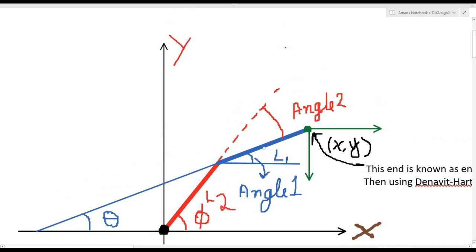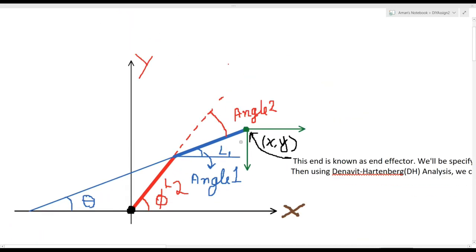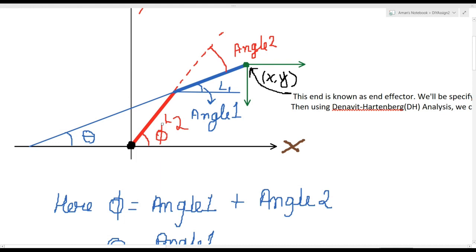So here I have taken a basic robotic arm with two joints and two links, which is in a two-dimensional plane. Here we can attach two servos, here and here. And according to the phi and theta it makes with the x-axis, we can reach the position x and y. So the entire problem of inverse kinematics boils down to one question: if we are given x comma y, then how can we find out angle 1 and angle 2? Also, there is a relation between theta, phi, and angle 1 and angle 2. So if we find angle 1 and angle 2, we can automatically find theta and